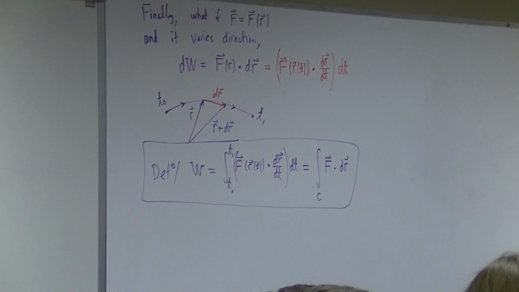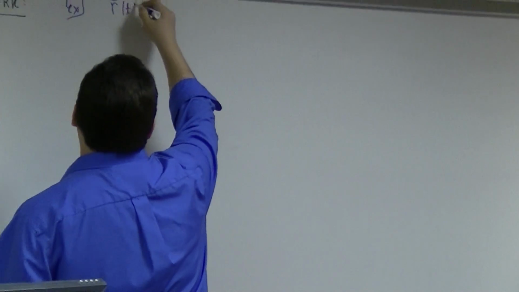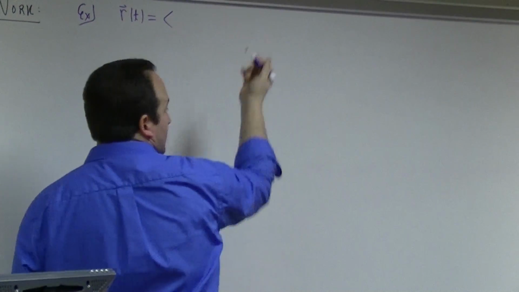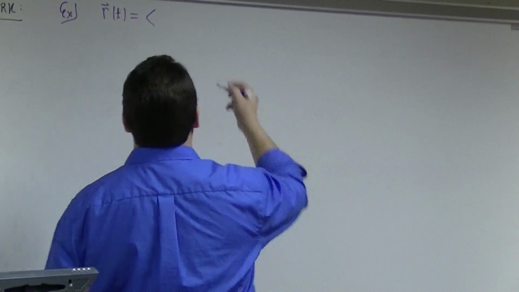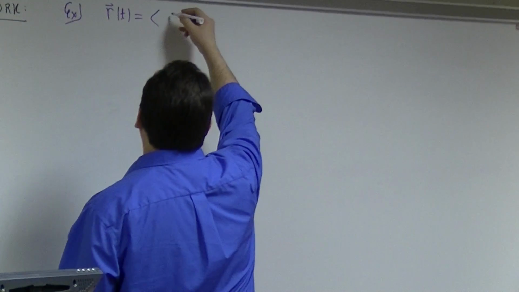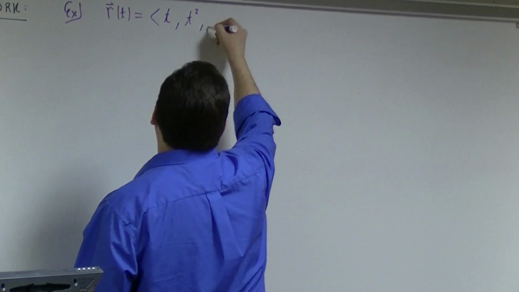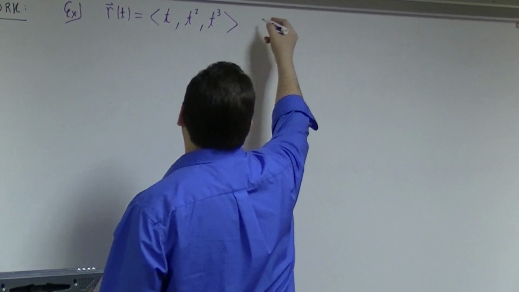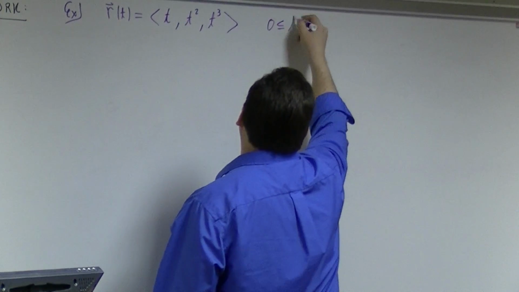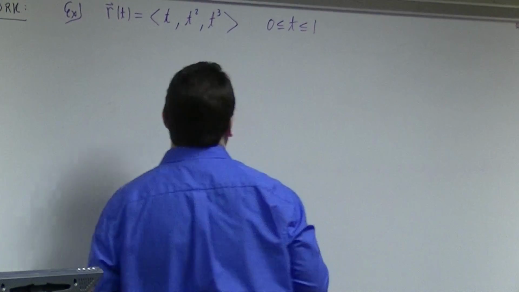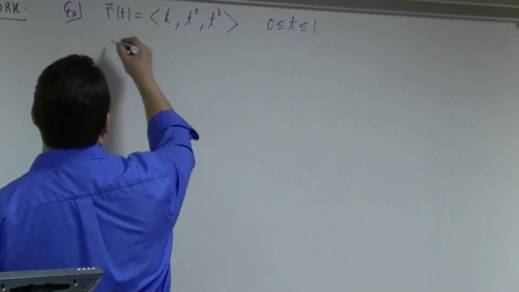Probably more useful for us to look at an example which has a little bit more to it. We're going to set aside units for a bit. There should be dimensional multipliers in here to make it more physical, but for the sake of math not being too cluttered, let's look at the twisted cubic: t, t squared, t cubed, from time 0 to time 1. And let's find the work done